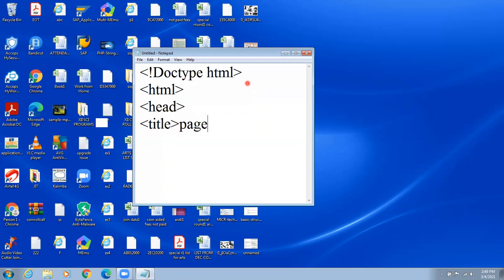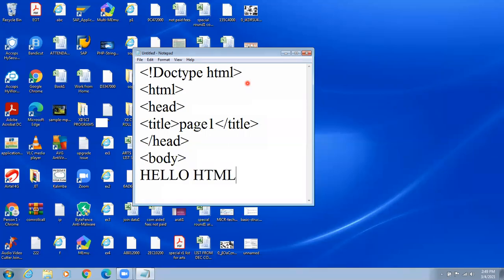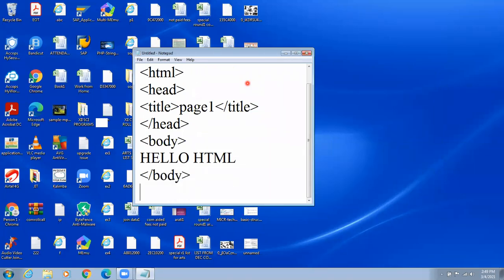Here the title is Page 1. Title tag close, then close head tag, start body tag. Here, hello HTML, body close and HTML close.